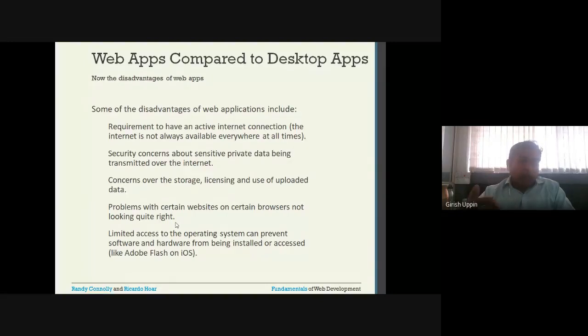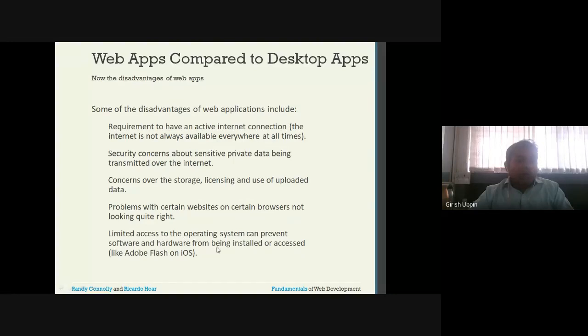What they do is, whenever they create any kind of web application, suppose you are accessing any web application, for example any banking website, clearly they will mention what kind of browsers are supported and what versions are supported. So if you are using those versions and those particular browsers, this particular problem will be taken care of.